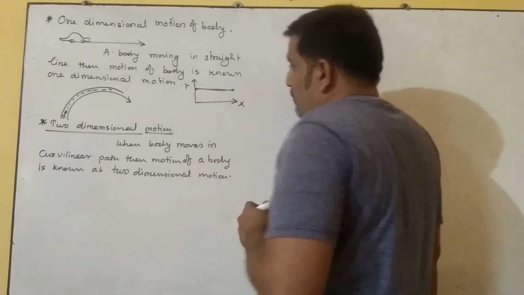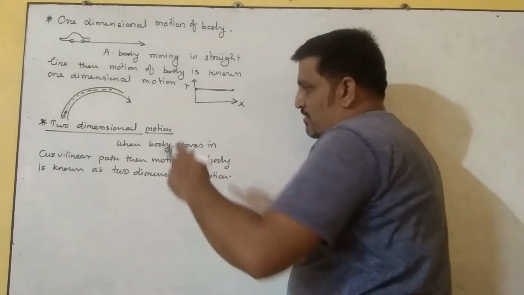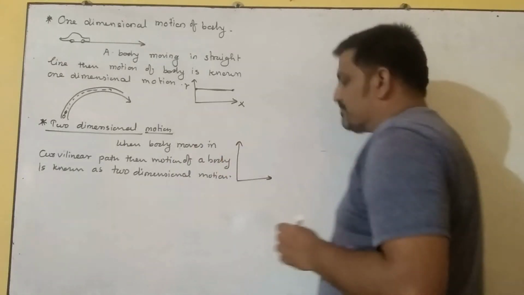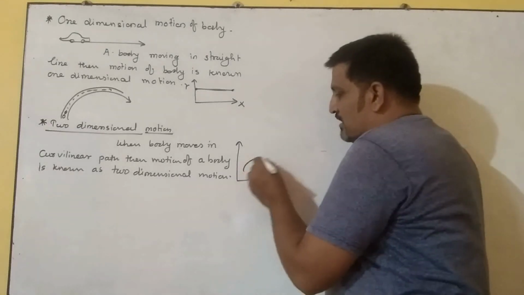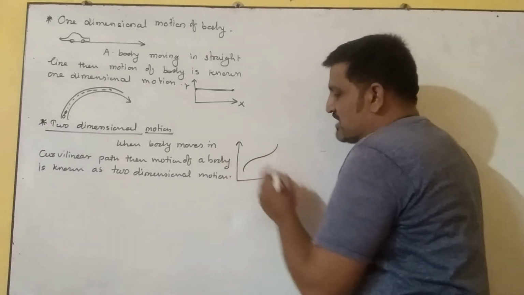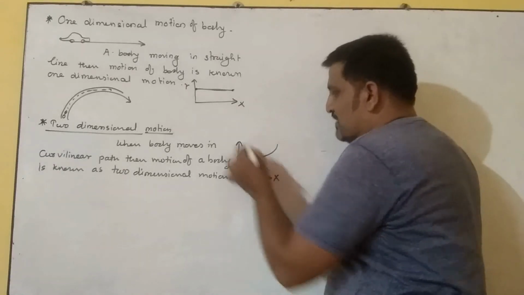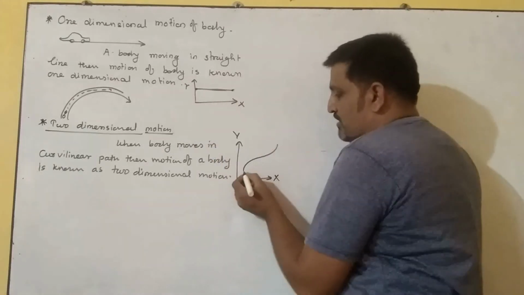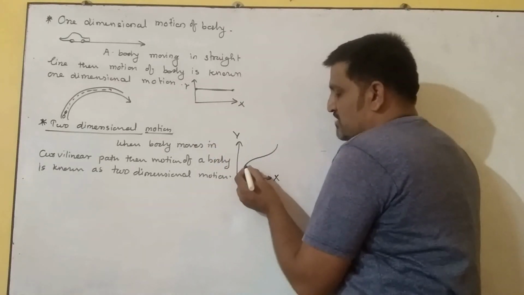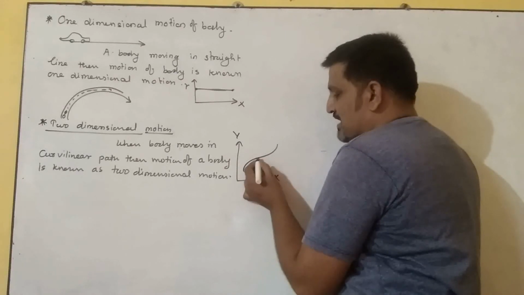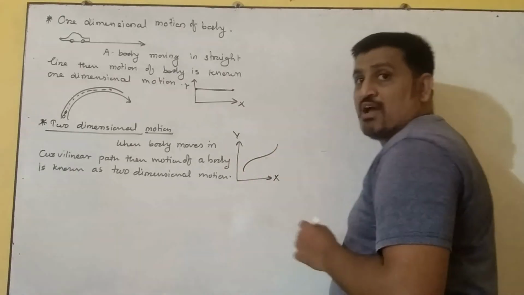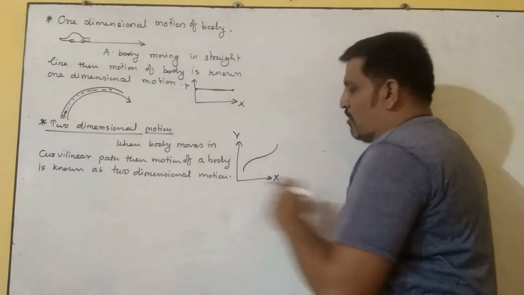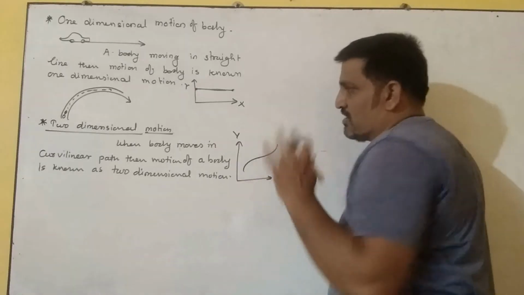But when a body is moving in a curvilinear path, then we can show it by xy axis. Here the body is moving in a curved line, so two dimensions are there. Two dimension means x as well as y. Over here you can see that only the x is a direction, but over here you can see that it goes up, means y direction, then comes to x axis direction, then again goes up, shows a y direction. So here we find the two-dimensional motion of the body, and we can represent it on the plot like this.